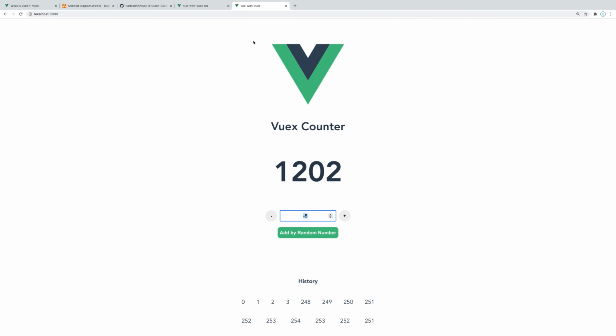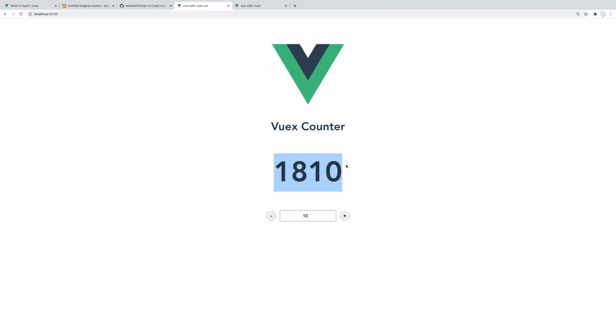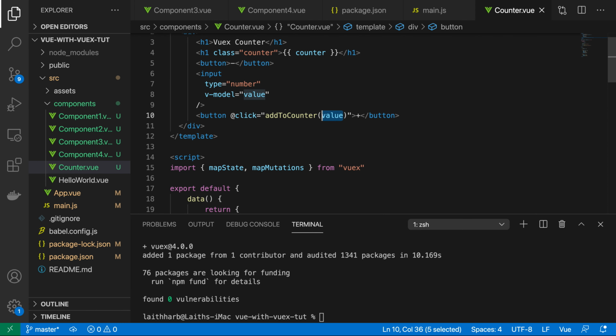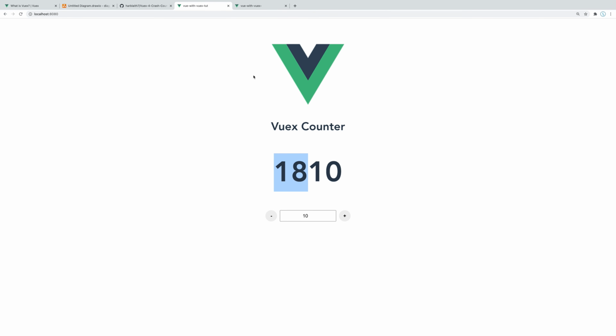So now if we go to our example right over here, we can actually add numbers in. And then over here we can say, well, if we wanted to change it to 10, we actually run into a little bit of an issue. Now this issue is not really a Vuex issue. The issue here is that this number 10 is actually going to be the string 10. So what we're doing is we're actually concatenating the string 10. Now to fix this issue, all we have to do is parse this value to an integer. So we can just do something like parseInt,